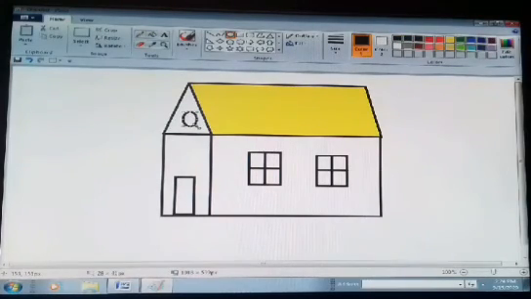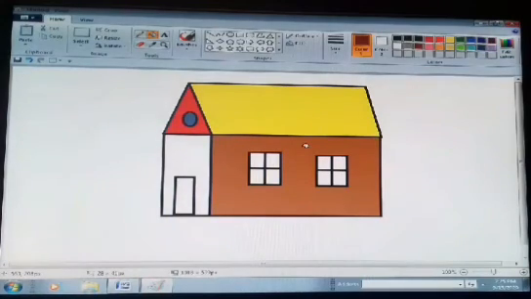Okay, now again we have to take brush, and then after we have to take a red color, and then blue color, and then after, okay, and the blue.